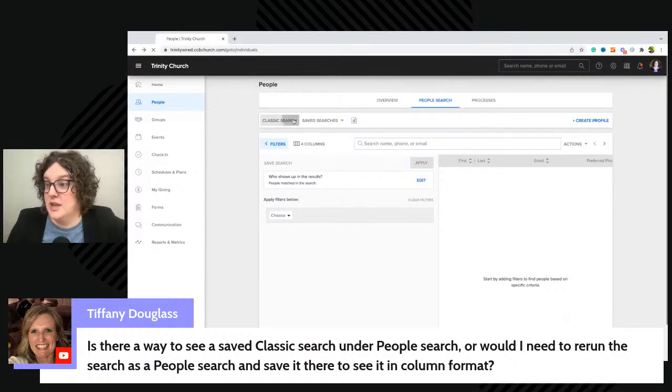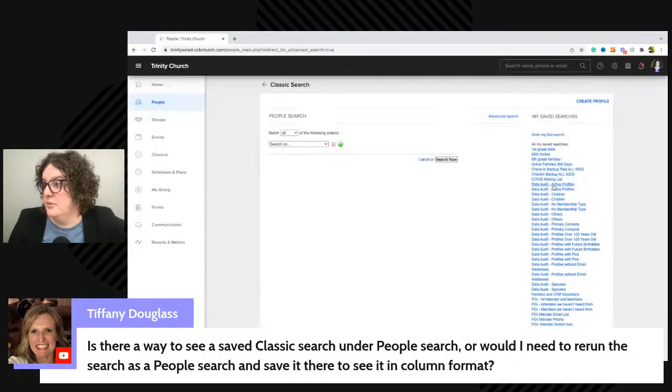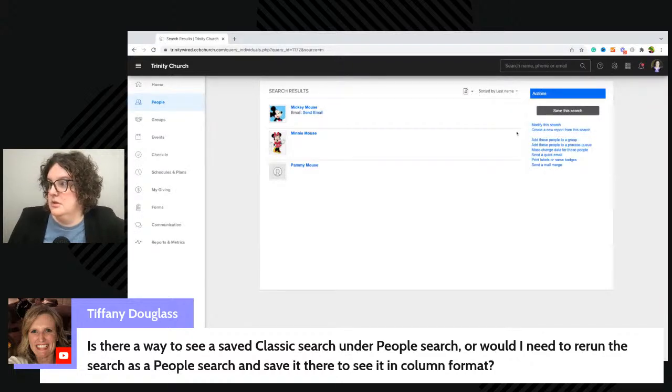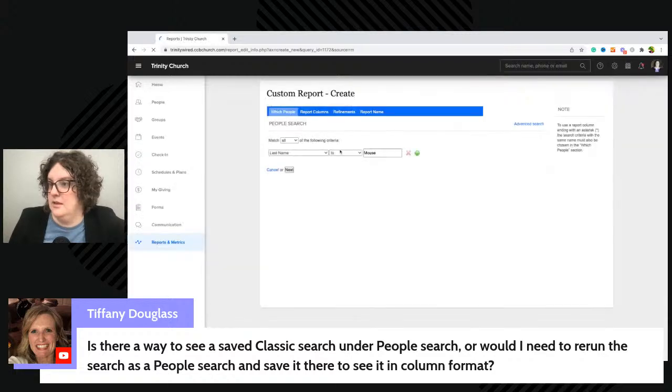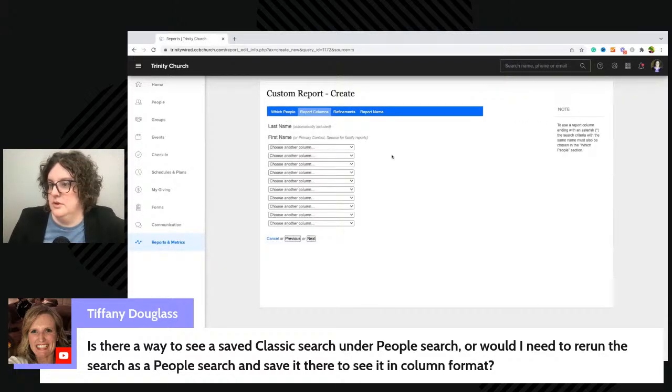You can, though, however, from here, create a new report from this search and then get those columns. So if you do that over here on the right, and then, oops, sorry, computer glitch there. Then you could add columns here.